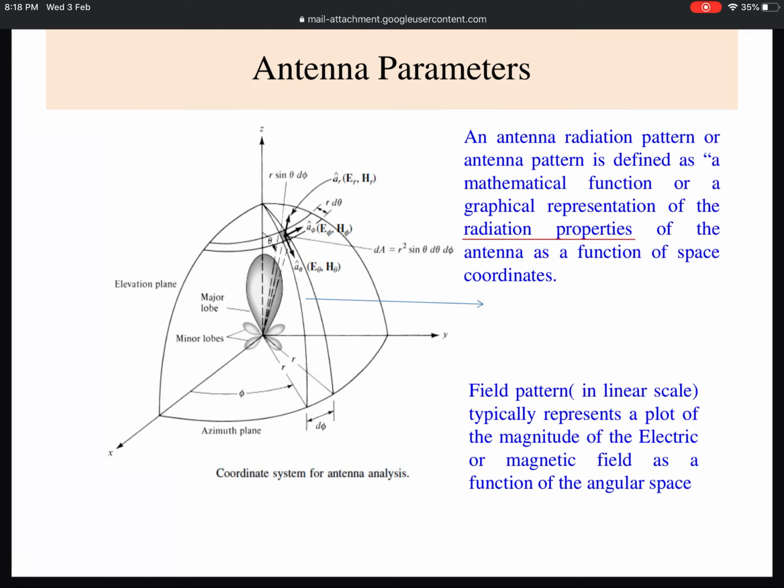There are a few prominent lobes which we can visualize from here. One of them I have termed the major lobe, and the other ones are minor lobes. You can see two major planes in the antenna radiation pattern. One plane I am calling the azimuthal plane, and the other plane I am calling the elevation plane. The azimuthal plane is xy, and the elevation plane is xz. How this azimuth and elevation plane is defined is based on this particular picture for a unidirectional radiation pattern.